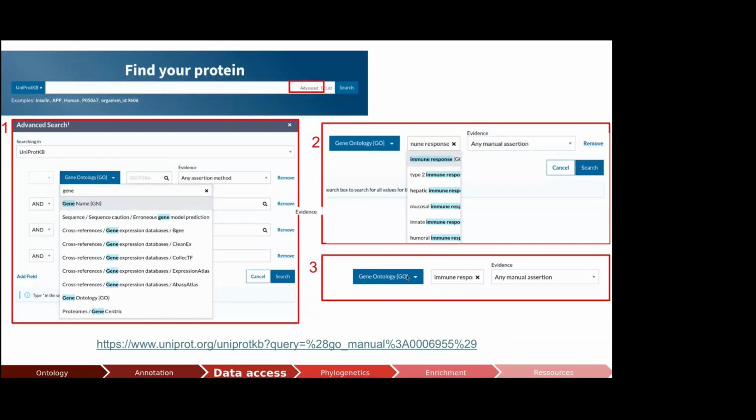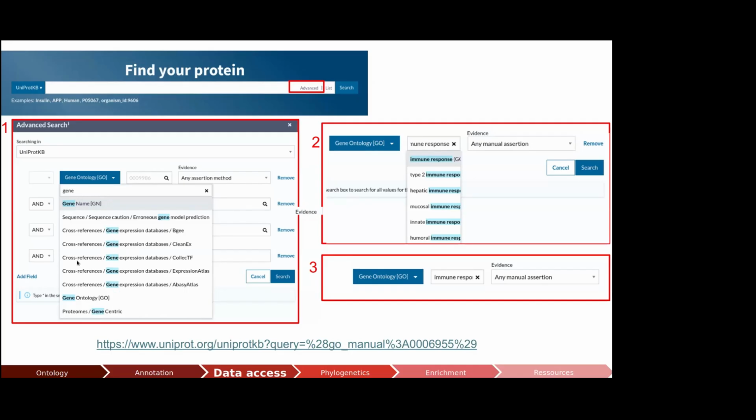Now we're going to look at a few things on the UniProt website that can be specifically interesting in the context of Go annotations. First, we can search for all proteins that were annotated with a given Go term. We're using the advanced search to do that. So click on advanced to the right of the query box. This dialog will come up and you can click on one of those dark blue surfaces and either select from the list or start typing